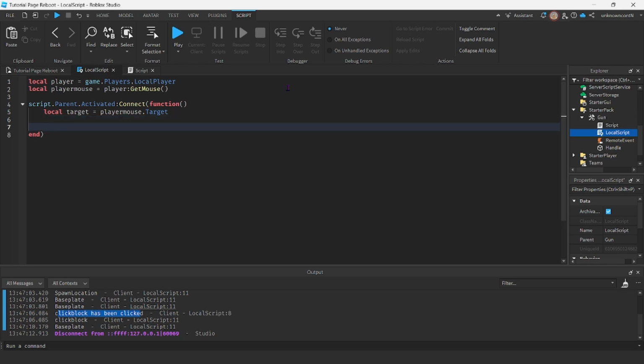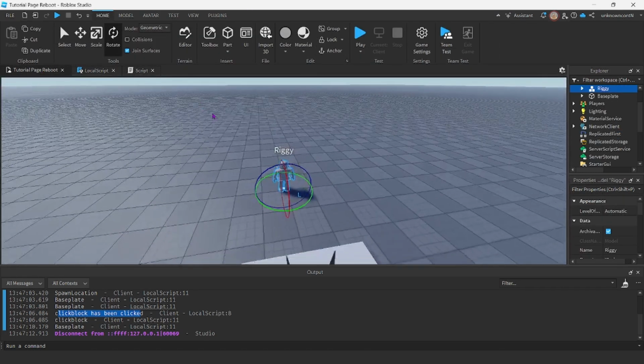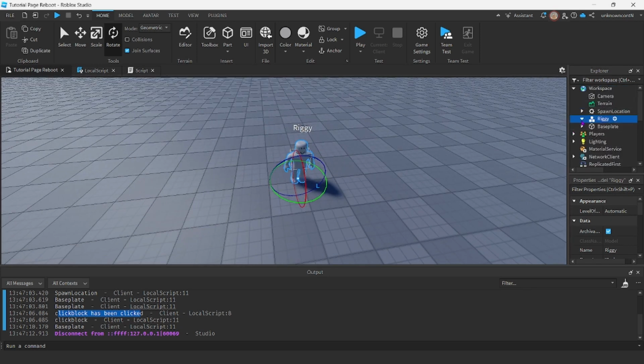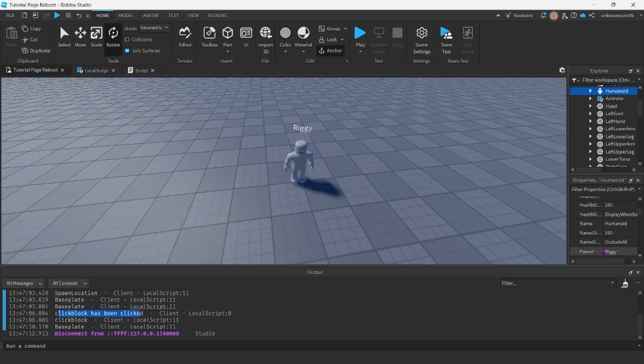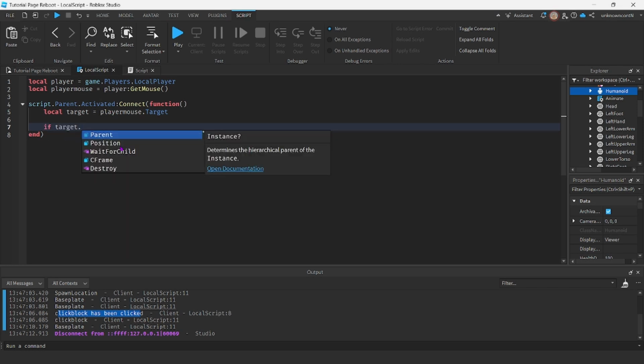So let's now work with the scripts. We're going to check if whatever we click on has a humanoid, because in order to take health away from something, we need to be able to get into the humanoid of the thing, and wherever the health is, somewhere down here, we need to be able to change that health to whatever. Okay, so in the local script, we are going to say if our target.parent,